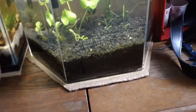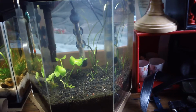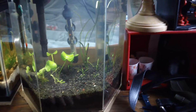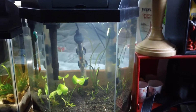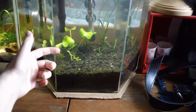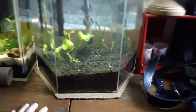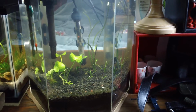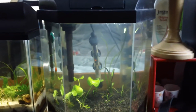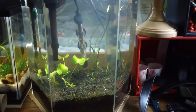But this tank was kind of dirty too, because I didn't really like this tank, so I don't know if that could have caused it. There's a lot of detritus and crap on the ground, and so what I did was, when he was feeling bad, I basically brought it down to like there because I wanted to get rid of any disease, which probably just stressed him out more. But I figured he probably wasn't gonna make it, so why not just try? And so yeah, then I filled it up with clean water,